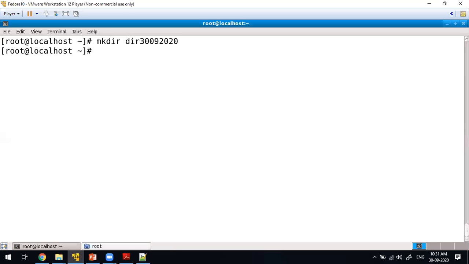Now what is the file permission of this directory? In order to see that, ls -d dir30092020.